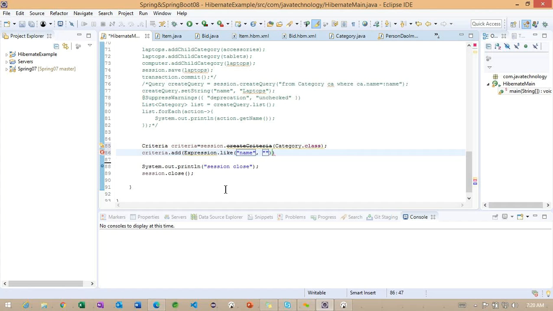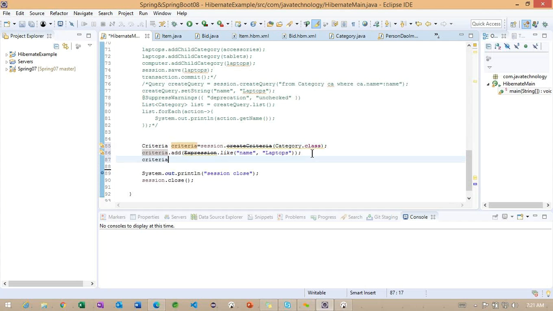And here I want to make the laptops again. So this is the way we can make the expression. Using this criteria object, we call the criteria dot list method.